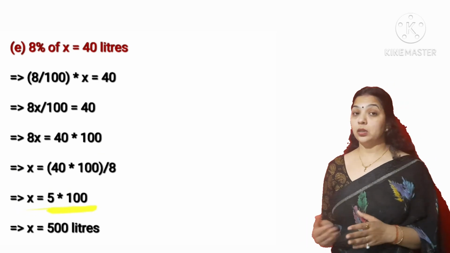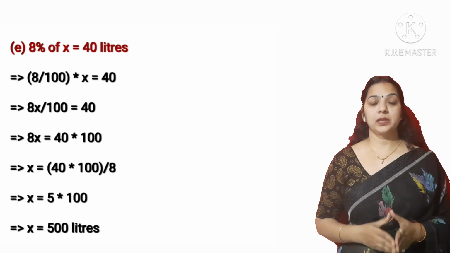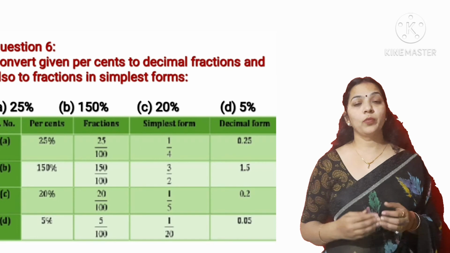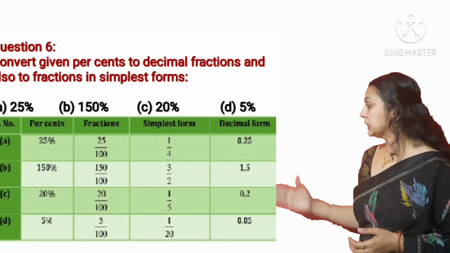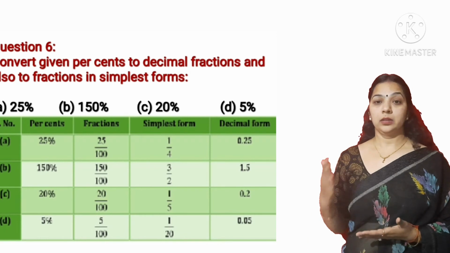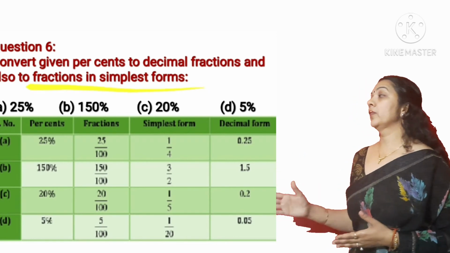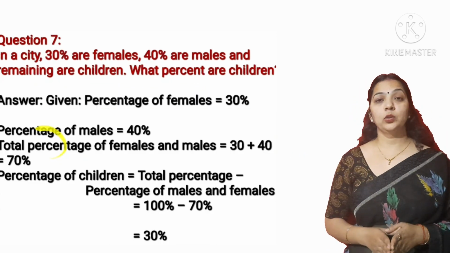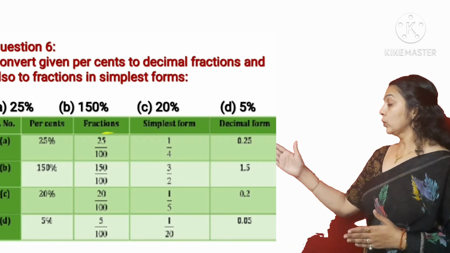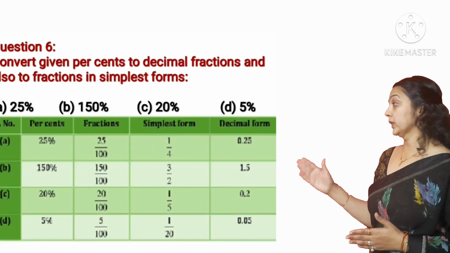So the next question is question number 6. Convert the given percent to decimal, fraction, and also to the fraction in simplest form. So what we have to do is convert these given percentages into fraction form, simple form, and decimal form. The first is 25%. So to convert this 25% into fraction, what will we do? We will write it as 25 upon 100, and to convert this into simpler form, it would be 1 upon 4, and to convert this into decimal, it would be